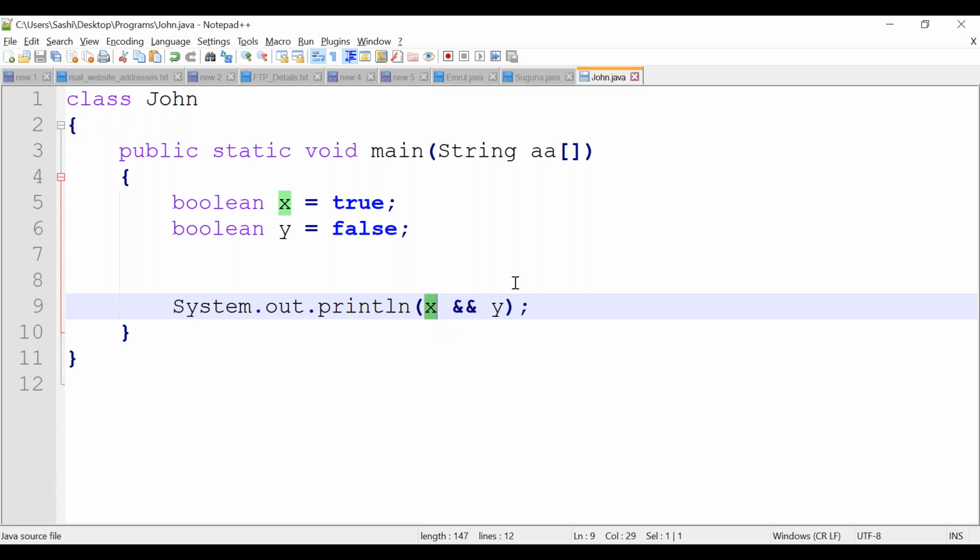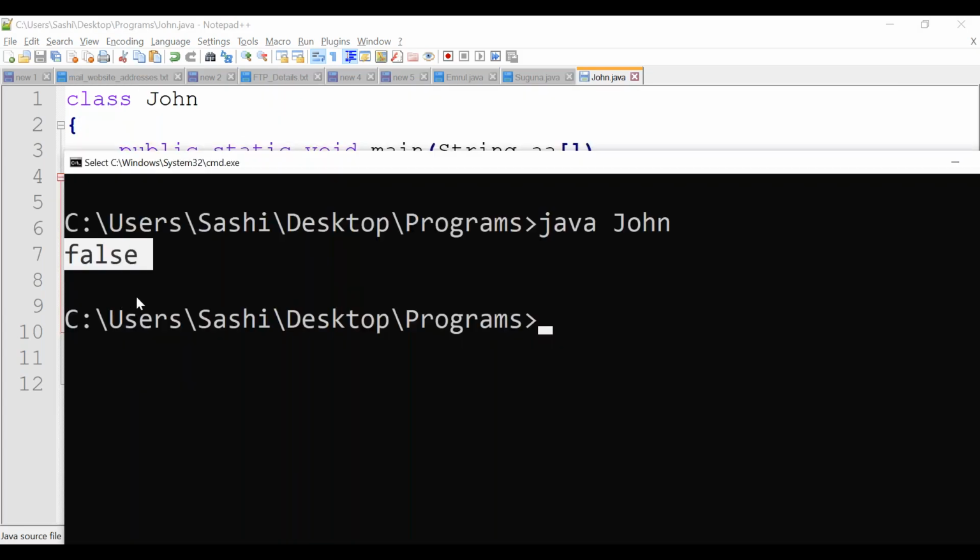Here x is true whereas y is false. Correct? So it means both sides should return true. Then only the result will be true. Correct? If any one side is false, it will return false. Here y is false, that's why it returned false.